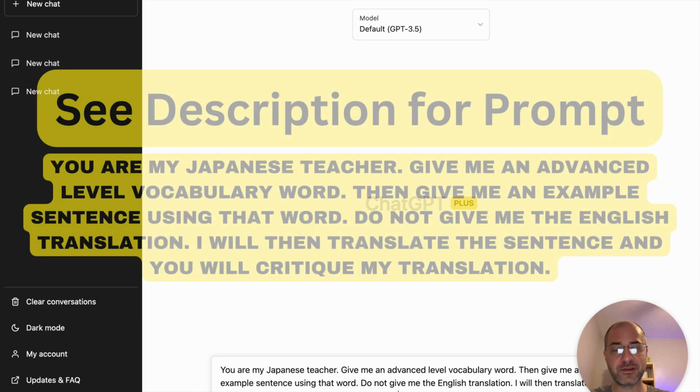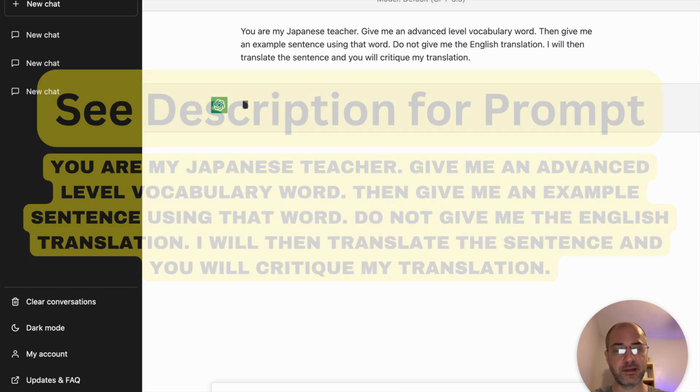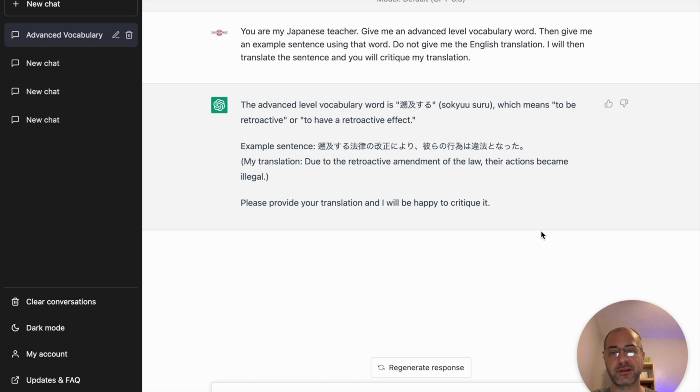You are my Japanese teacher, give me an advanced level word, give me an example sentence, don't give me English, I will translate, and then you critique. And boom, here we go. Okay, so you can see how it gives me an advanced level word, which is great. But then it gives me a translation of the example sentence. With 4, the prompt I just gave you would work just fine, but